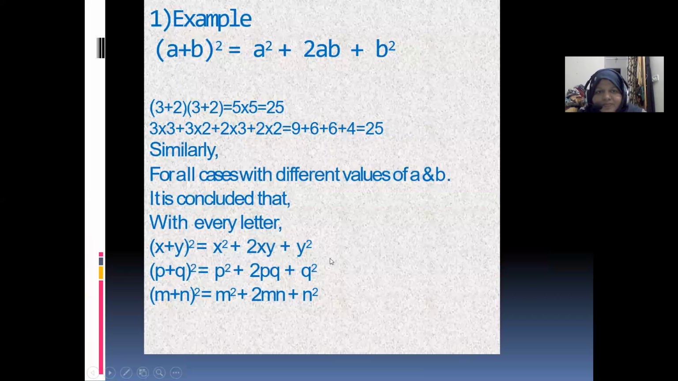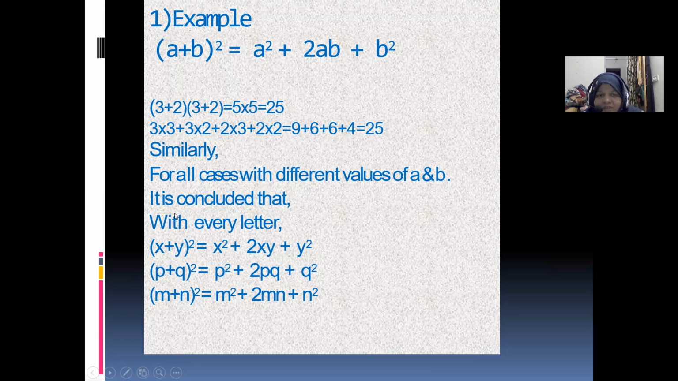conclusion. Another example we can take is (a + b) whole square is equal to a square plus 2ab plus b square. We know this principle. We give so many examples to the child: 3 plus 2 into 3 plus 2, what do we get? That is 5 into 5, so the answer is 25. So 3 into 3 plus 3 into 2 plus 2 into 3 plus 2 into 2, that is 9 plus 6 plus 6 plus 4, which is equal to 25. Similarly, for all cases with different